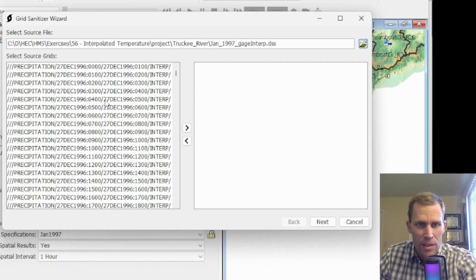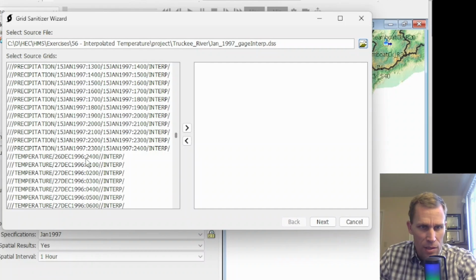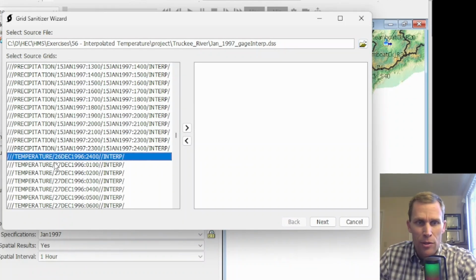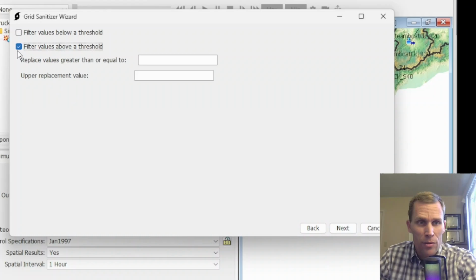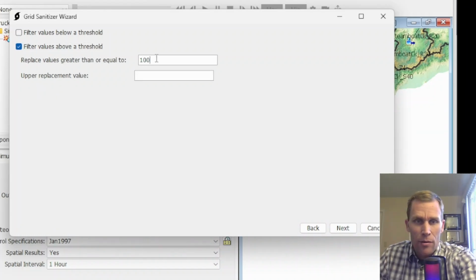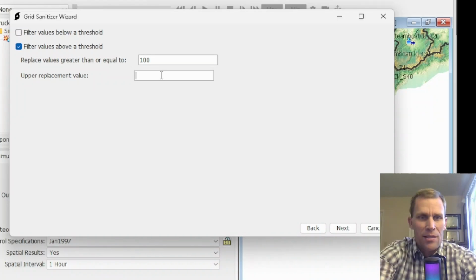All right. This is precipitation data first. I kind of wish there was a filter on this utility because there's a lot of records here. I'll just go ahead and select that first temperature grid and then move it over, click next. And then if I want to filter by threshold by removing extremely large numbers, I can click this filter values above. And if I say anything over 100 degrees Fahrenheit, which of course would be any of those extremely large numbers, this is the Lake Tahoe area in January, then I could just